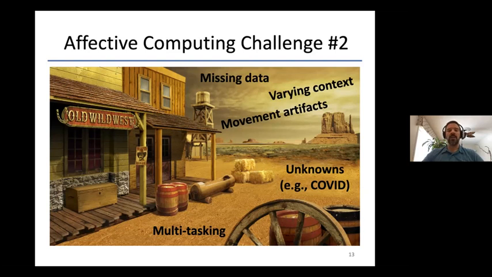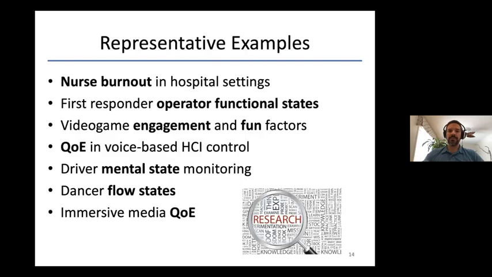And the last thing here, multitasking. So as I said, you could be running and you could be stressed. So how do you separate the heart rate changes from the fatigue versus the stress? So separating these different things when you're multitasking, these confounding factors. So this becomes crucial for affective computing so that you have reliable applications.